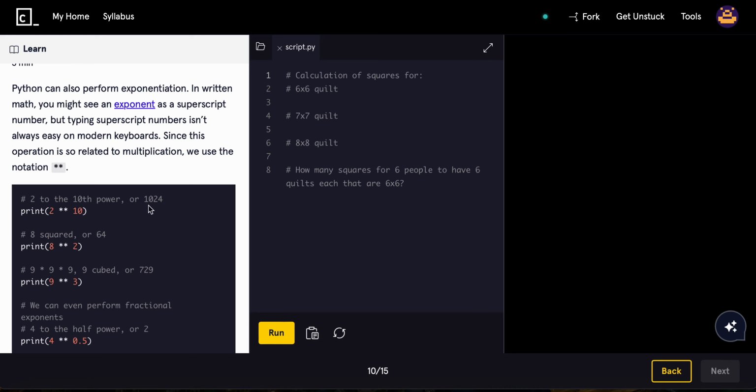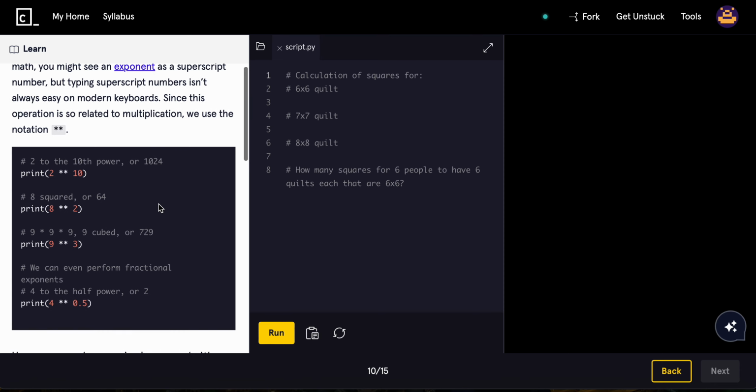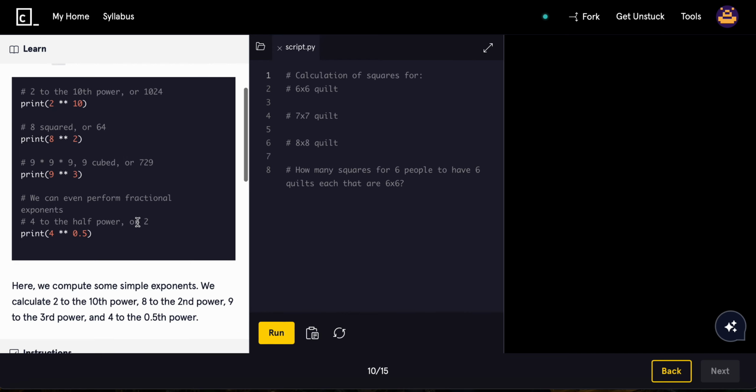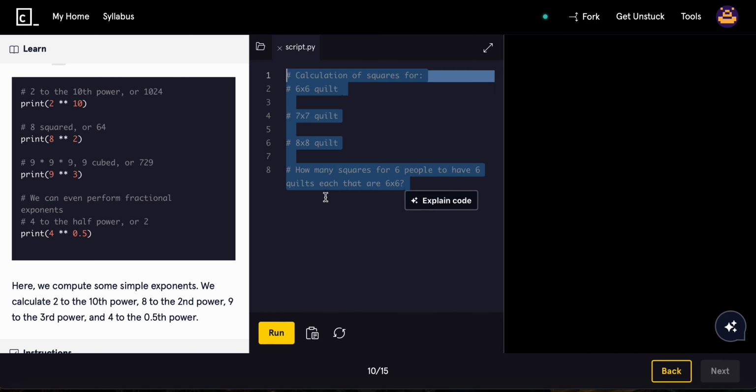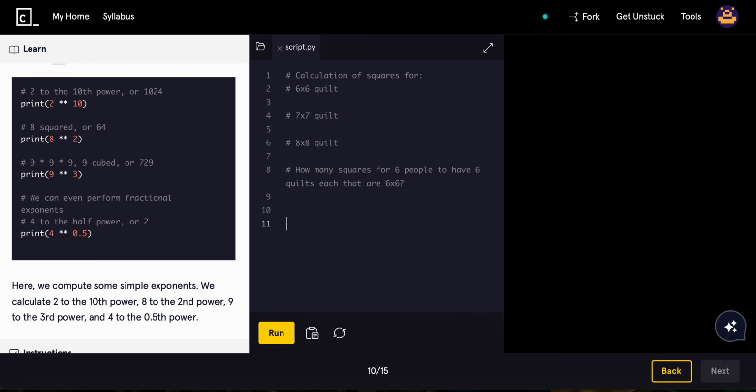and get 1024. Or, for example, if you want to do 8 to the 2, we can simply do 8 ** 2. So it's basically just instead of the exponent. So let me show you guys. So we'll come down here. So